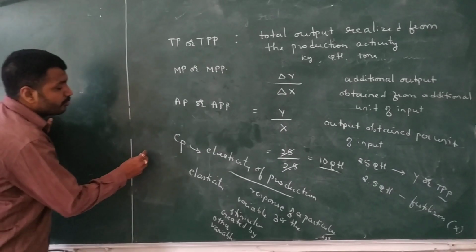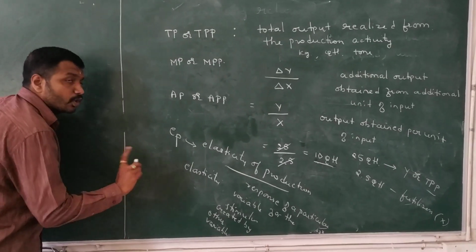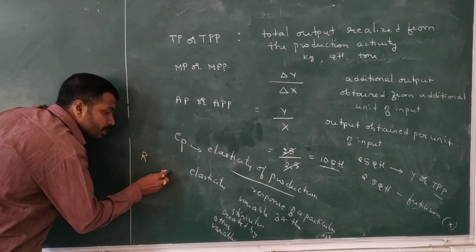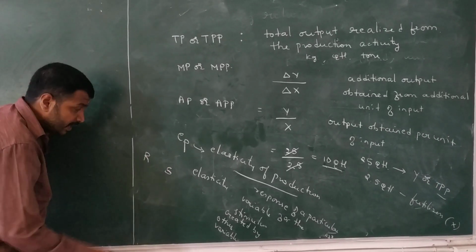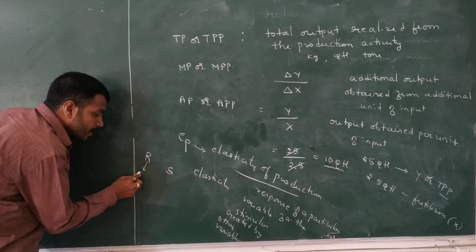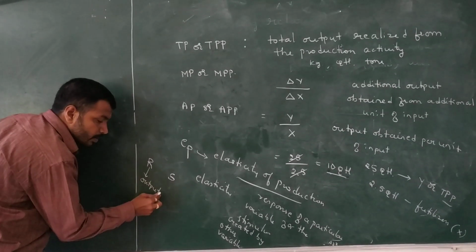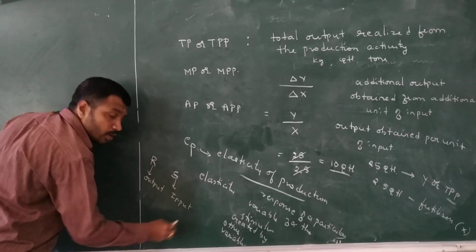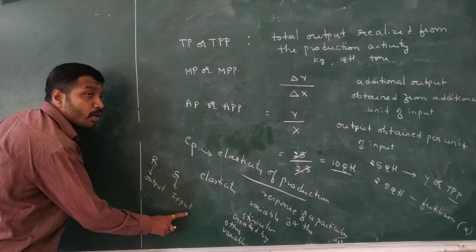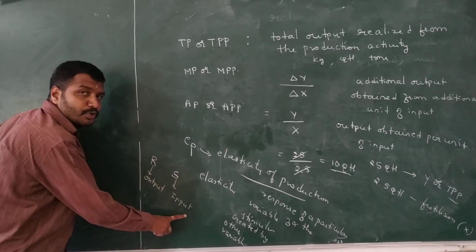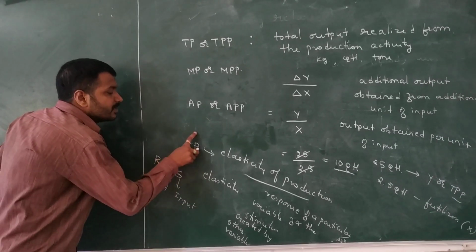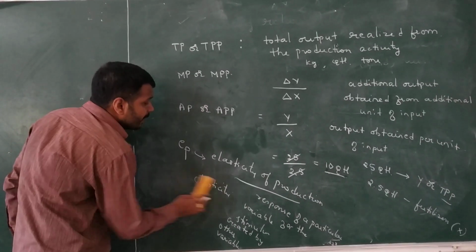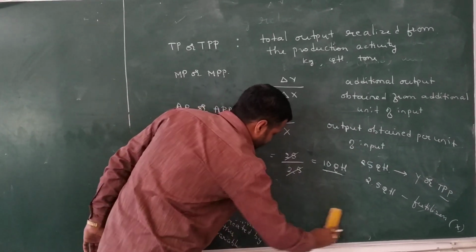You know that in the case of a production function also we used to have this sort of relation. That is, we used to have a response part, and in order to get this response we used to have a stimulus. Response will be from output. Stimulus will be through input. How will output respond to input usage? We call that concept elasticity of production. Is it clear? So it can be understood in a better manner.